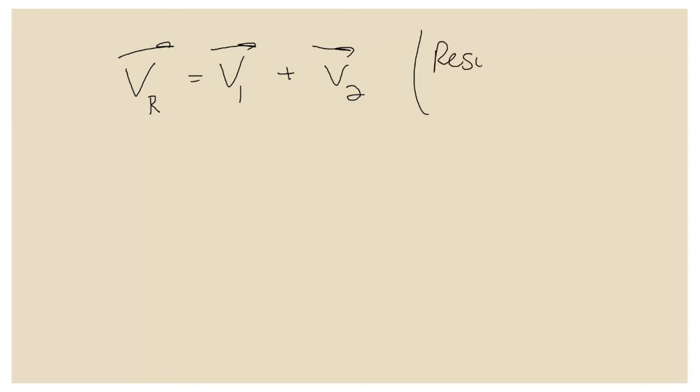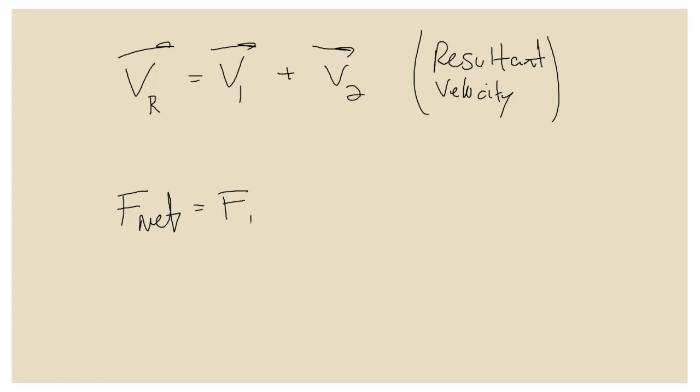So if we're talking about velocities, sort of like how we did yesterday, we can just say the resultant velocity, and we'll write v with the subscript r, is v1 plus v2, where we're adding them with the signs. And so I'll just write here in parentheses, resultant velocity. And if we're talking about a force, then of course it's the same idea, because no matter what kind of vector it is, the whole point here is that all vectors combine in the same way if they are in a one-dimensional situation. And so this would be the resultant